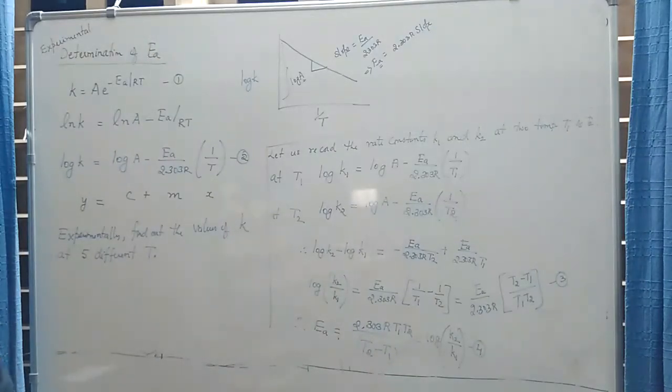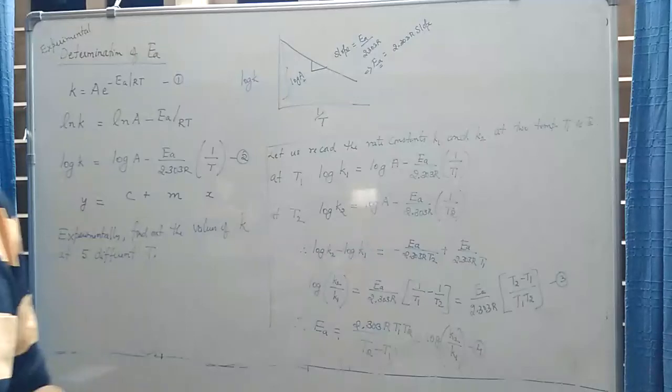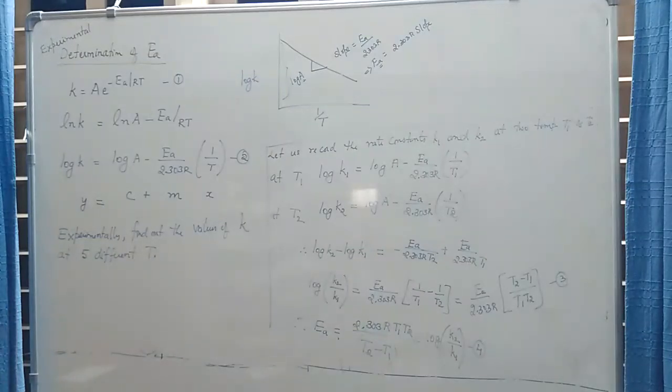So I elaborated this Arrhenius theory a bit, because it would be the starting point for the other two theories that we will discuss in theories of chemical kinetics, that is collision theory as well as the activated complex theory. And also we are supposed to study other theories related to unimolecular reactions called Langmuir theory, Hinshelwood theory. So for all those theories, this Arrhenius theory would be a basis, a starting point.